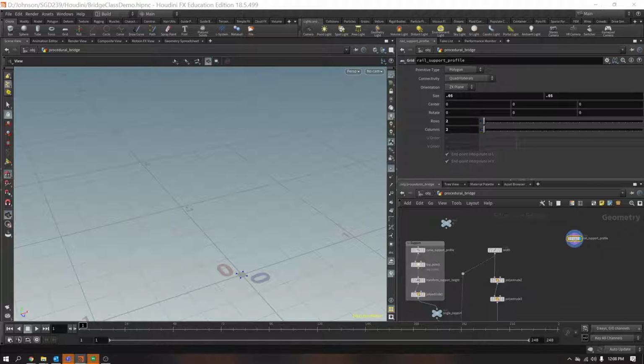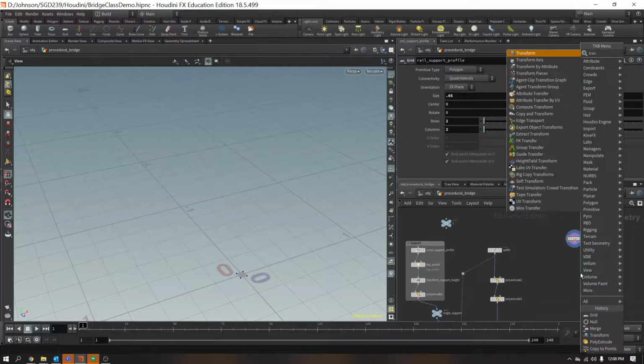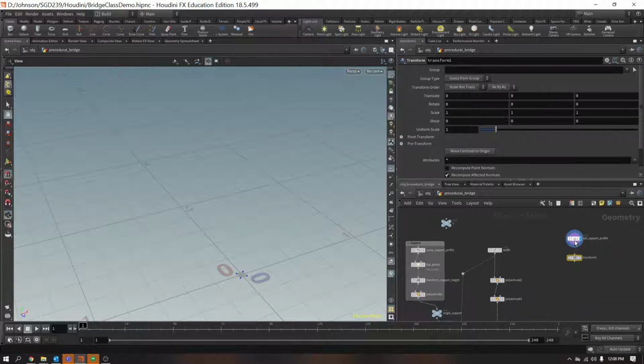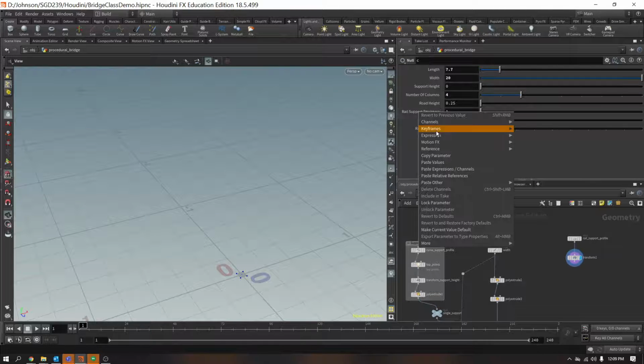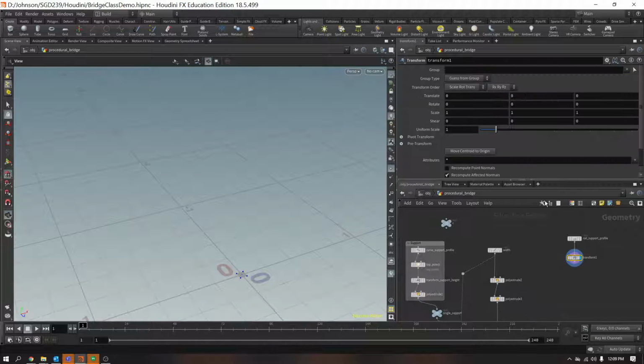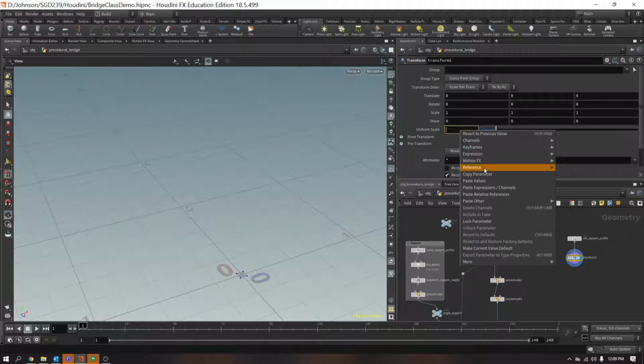Next, we're going to be able to control the size of this through our scale. Remember, I was talking about, hey, we're actually going to scale this to change how big we want our rail support to be. So this is just going to be a transform. So I'm going to drop down a transform node. And we're controlling this by C. So we just need to come back over to our C node, find our rail support thickness. I'm going to copy this, and I'm going to come back to transform, and we are going to paste this in our uniform scale. So I'm going to delete out the 1, and I'm going to paste in our relative